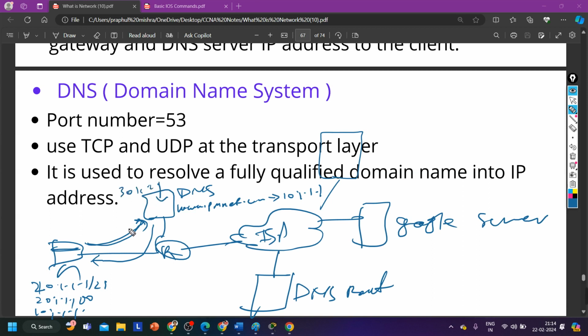Let's say 30.1.1.1, right? 30.1.1.1. Now your DNS server is going to ask for the IP address of the same domain name to whom? To the root DNS server. And the root DNS server has the entry, so it is going to give the reply to whom? The user. So you can see DNS is the protocol which uses port number, which uses TCP as well as UDP